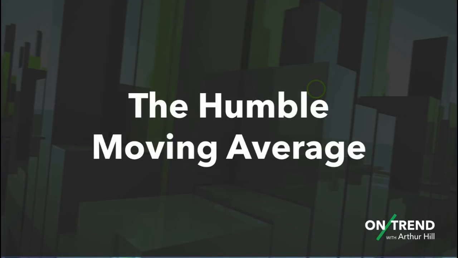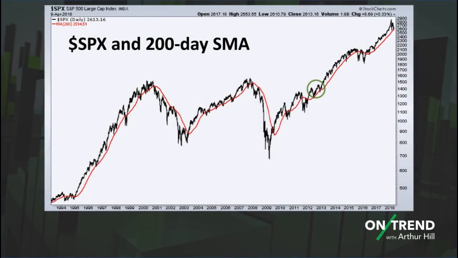Enter the humble moving average. It's one of the oldest indicators out there, but it is still an effective way to control risk. We're going to start with just a simple moving average, 200 days, and the closing price. You look at this chart and you say, well, how many times did the price close above or below the moving average? You can eyeball it and say, maybe 50, 60 times. But if you actually quantify it and you run the numbers,